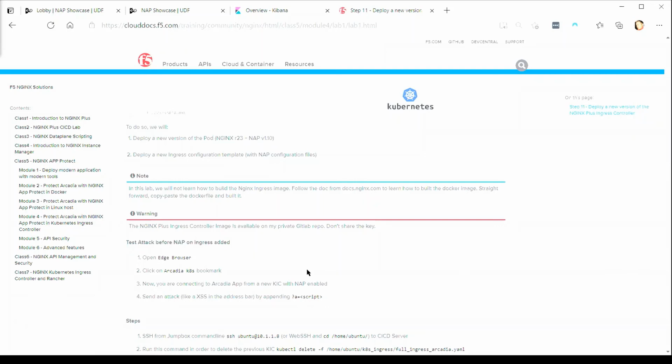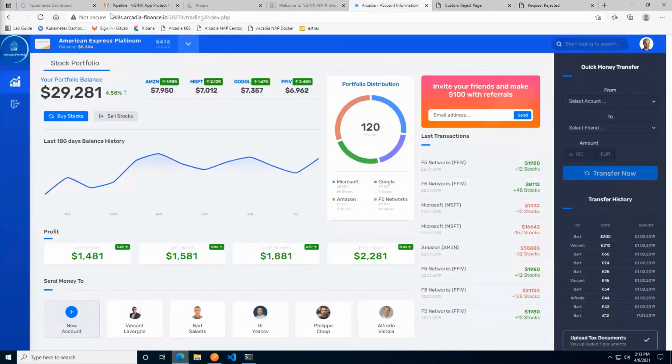So yeah, the lab guide wants us to go to the Arcadia Kubernetes, which is the direct access. I'm going to do that just to illustrate what's going on right now. So that would have been this one, I think. Let me see. I think, yes. So that's going directly through the Kubernetes Ingress Controller.